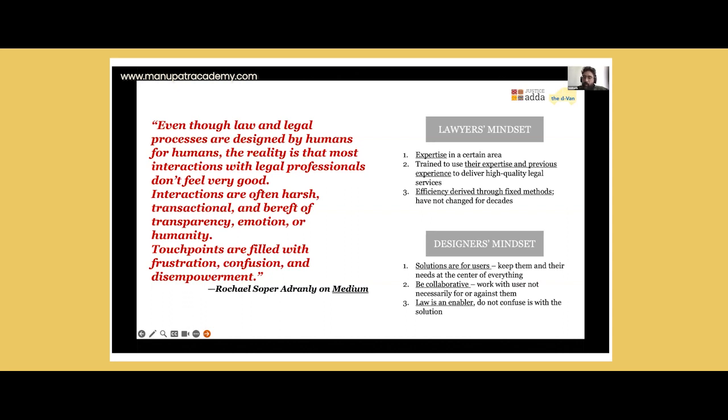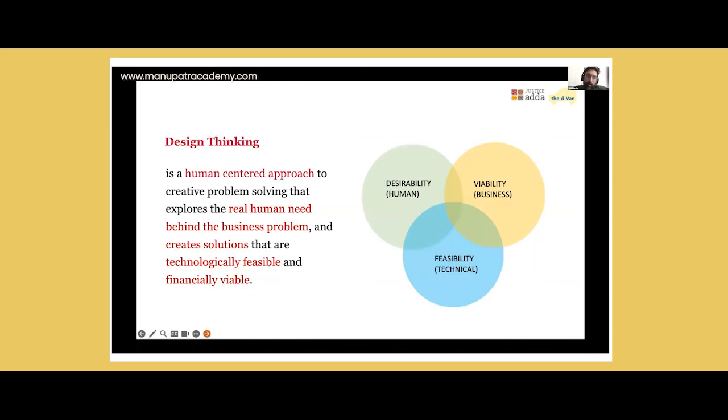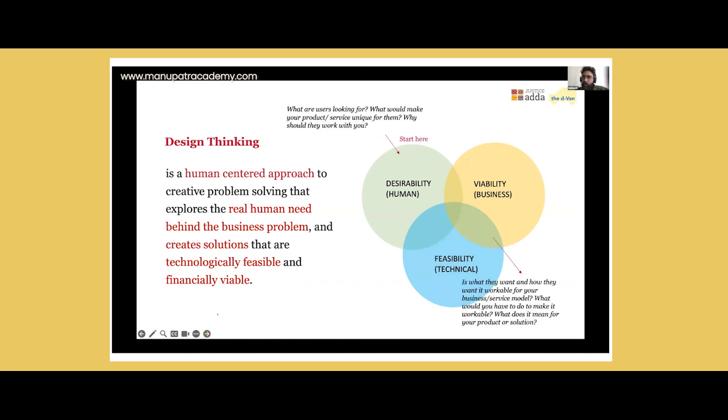Because after a point, what is interesting to do, and this is really where we are interested in thinking about design, is what are the ways in which we can think about the real human need sometimes behind a particular problem. For us, design has three aspects: the question of desirability, feasibility, and viability. This entails that we need to think about the following questions.